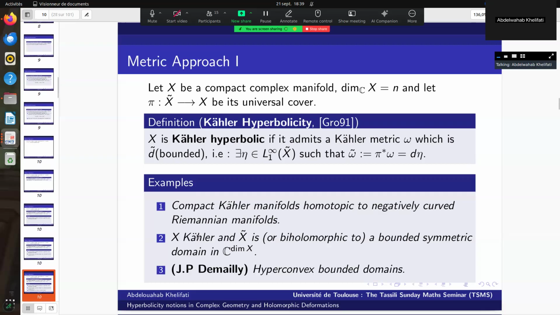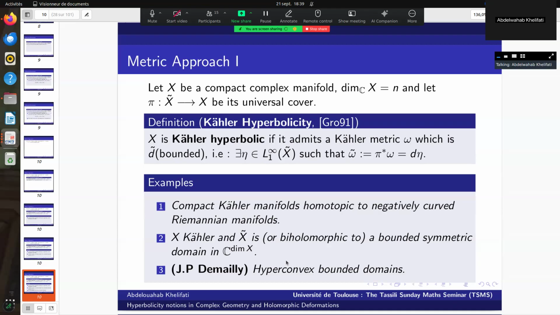Okay. And Demailly pointed out to Gromov that hyperconvex bounded domains are also Kähler hyperbolic. Okay, so there is a quite interesting array of examples in this category of